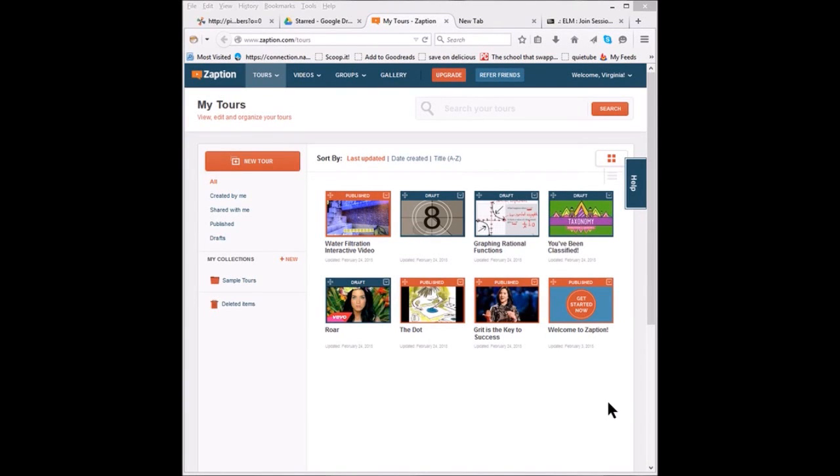This is Zaption. I've already signed into my account, and you'll see that there are multiple kinds of accounts. We're going to use the free one. So once you get in, you start a new tour,